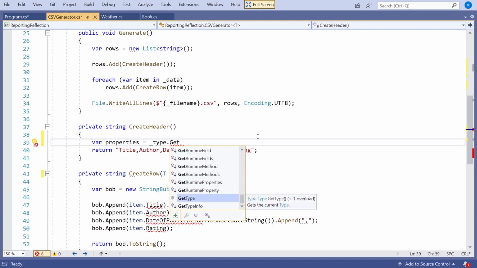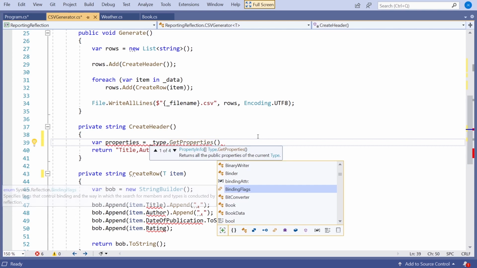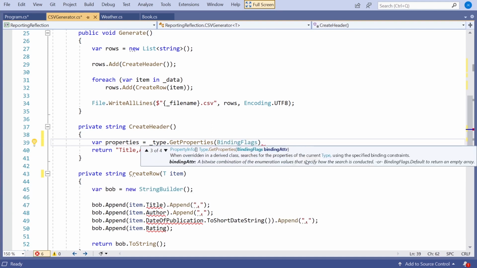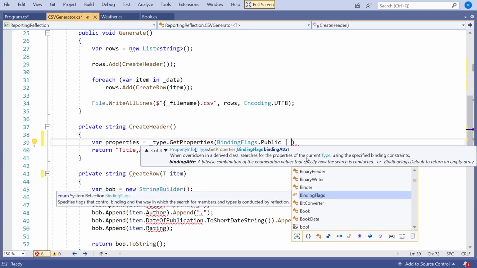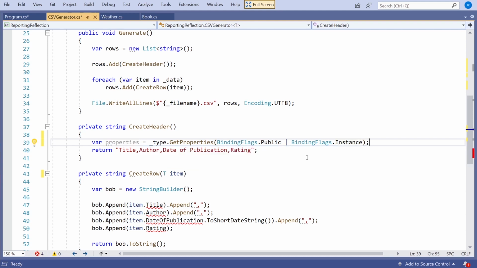And so in that case, I can already whittle this down by just calling GetProperties, and that will only give me the subset of the members of the class that are properties. I'm going to further restrict that, because although the default will give you all properties, we have an overload that takes this enum, BindingFlags. And so I'm going to say I only want public properties. So if it's private, it's none of our business. And also, we can OR these together. I'm going to say I only want instance properties, so that means non-static. You can see all sorts of things in there in the binding flags, other ways that we can restrict it, but public instance is what I need.